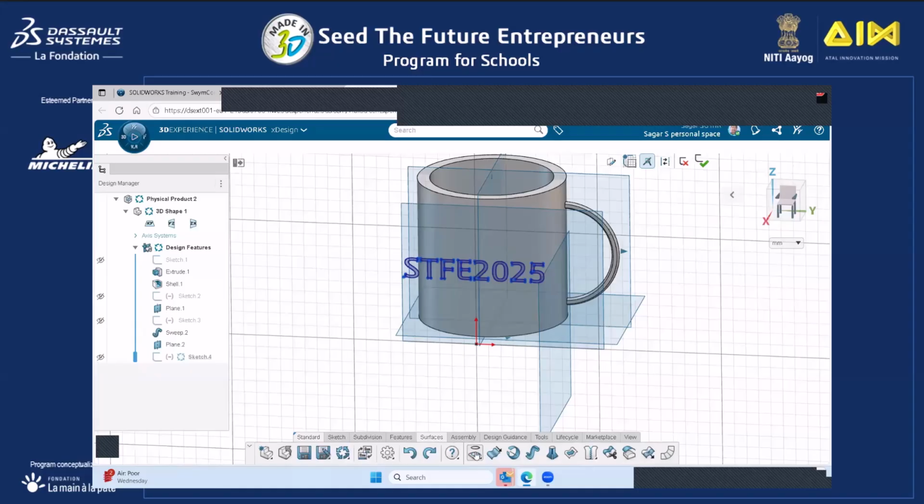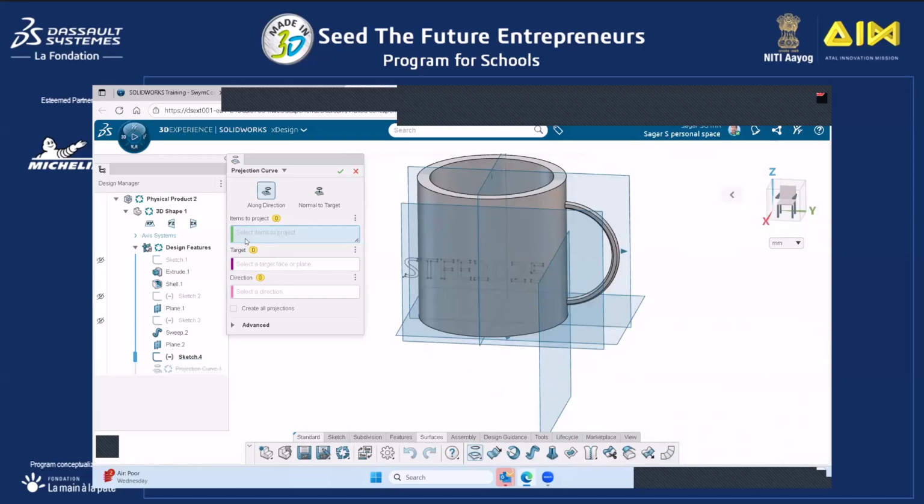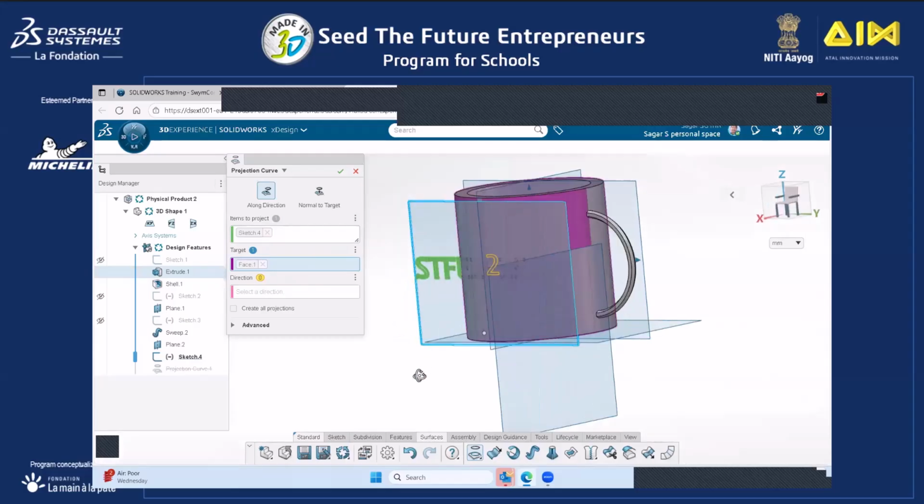See here on the surface tab, there is a projection curve feature. Then there is an intersection. So I think projection will work in this case. Create a projection of the curve. And what are the items to project? See, this feature I want to project, where I want to project onto this circular face, and